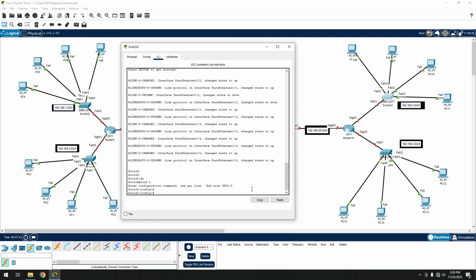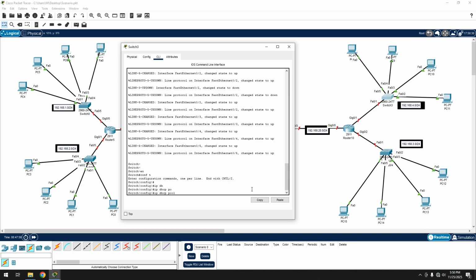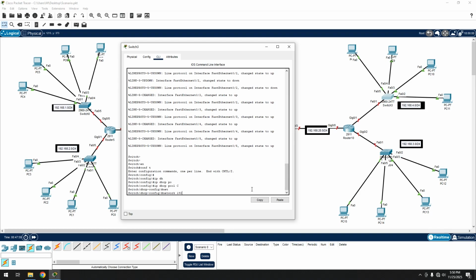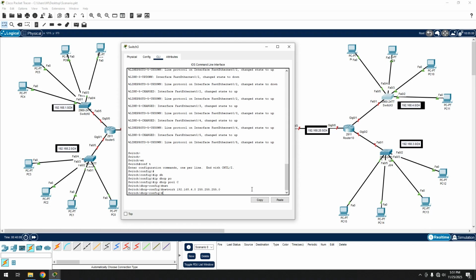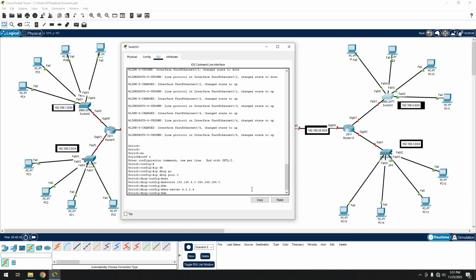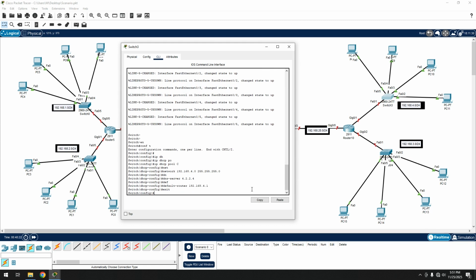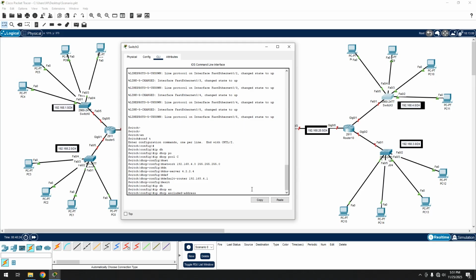Enable, conf t, and we're going to say ip dhcp pool C, network 192.168.4.0 with the subnet mask, and we're going to use DNS 4.2.4, and default route is going to be 192.168.4.1 and exit. ip dhcp excluded-address 192.168.4.1,